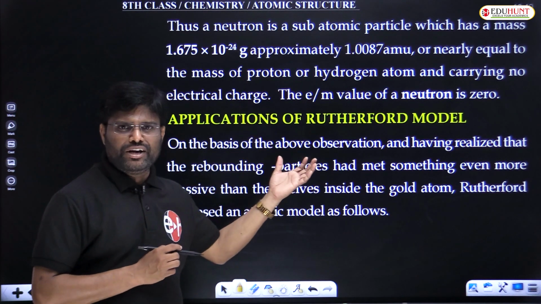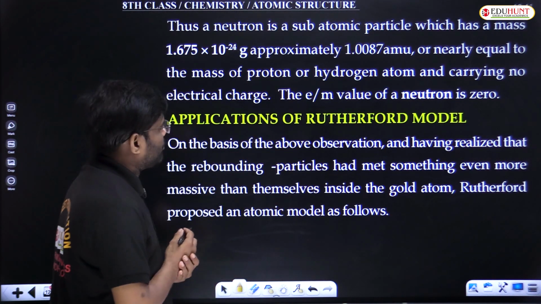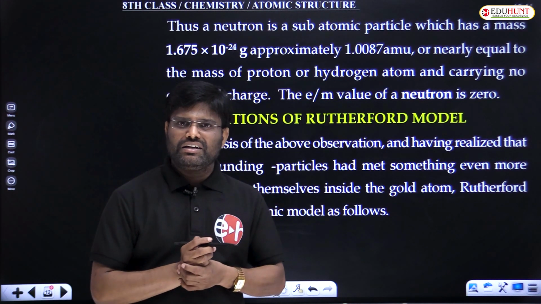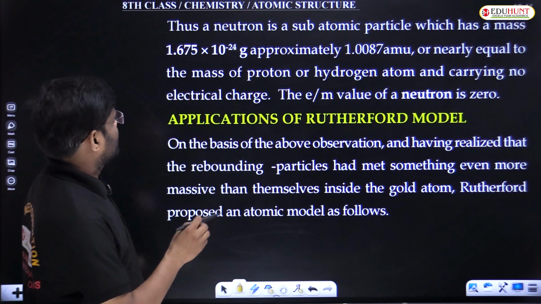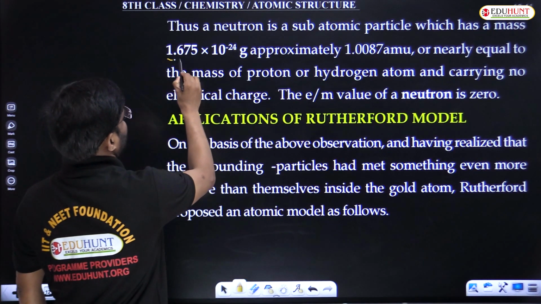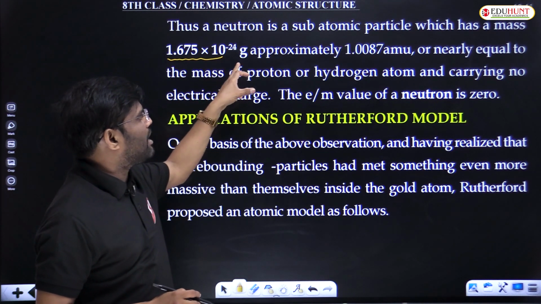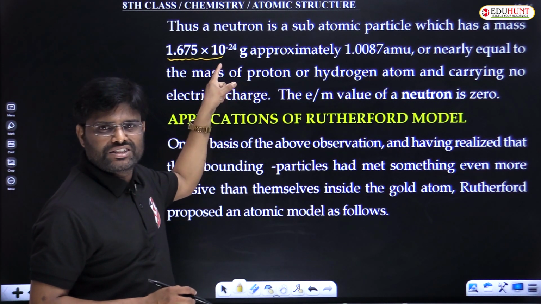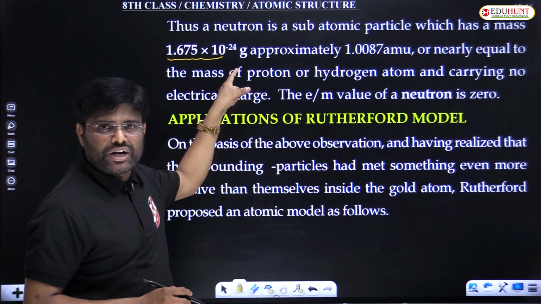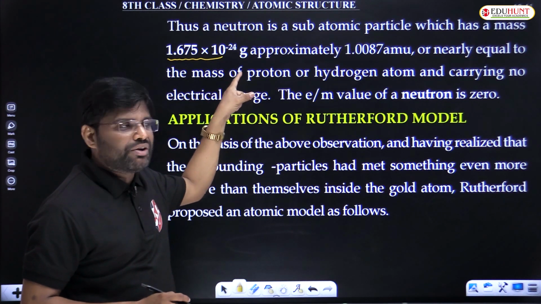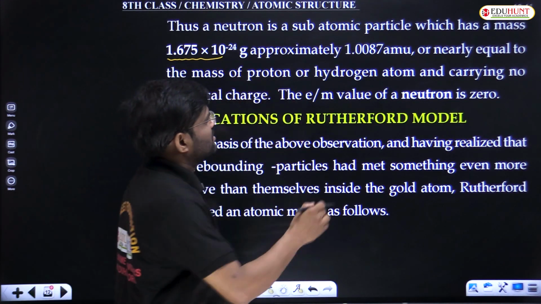So finally, Rutherford has given the mass of the proton and the mass of the neutron. The mass of the neutron is 1.675 × 10^-24 grams. This was given by James Chadwick, and the mass is